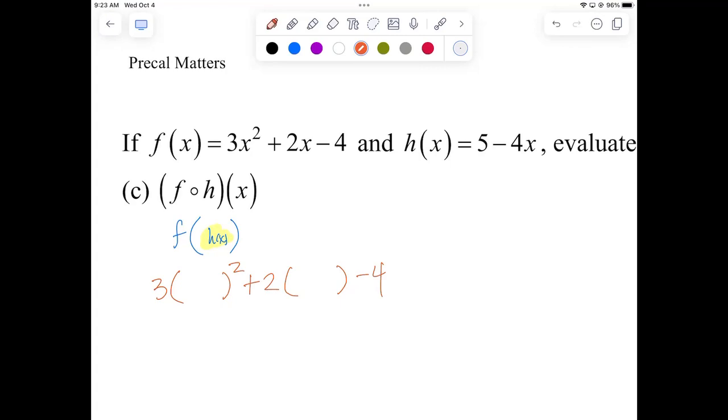3 blob squared plus 2 blob minus 4. And then I'm plugging into there h of x. So that's 5 minus 4x, 5 minus 4x. These make good questions on free response questions on tests. Have you set it up and then simplify it. All right, so now that I have plugged in the 5 minus 4x in for x into the f function,